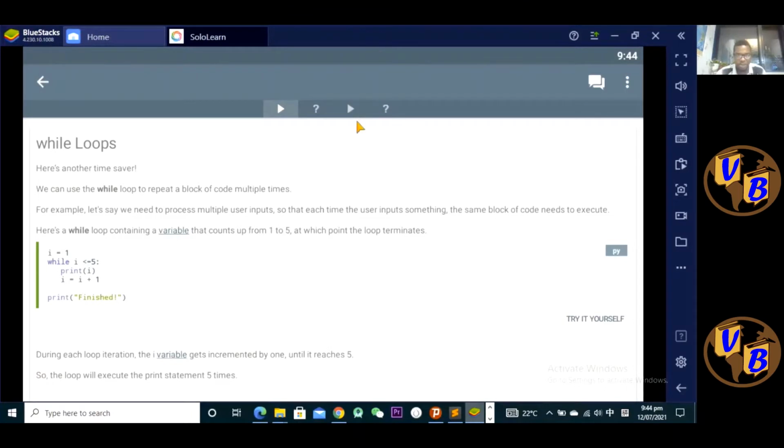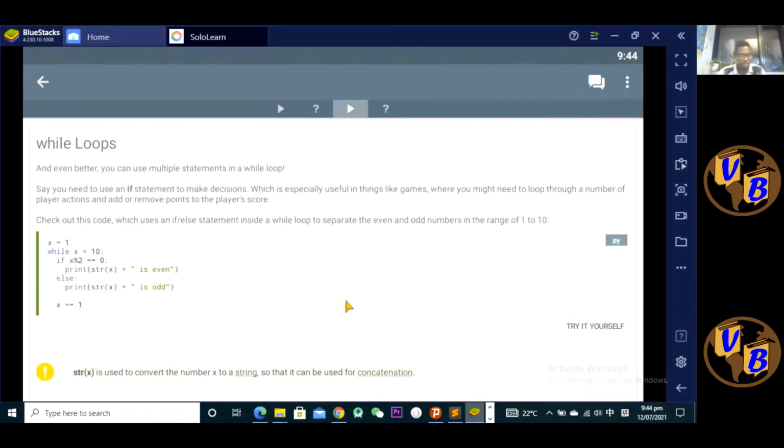And so we looked at the syntax of the while loop. We said we use the while keyword, and then we have what we call the condition, and then we have the block of code that we're trying to run, and then eventually we need a counter to increment our variable so that at some point the condition is going to be false. Otherwise you have an infinite loop. You might want to have an infinite loop, but most of the time you want your loop to terminate after